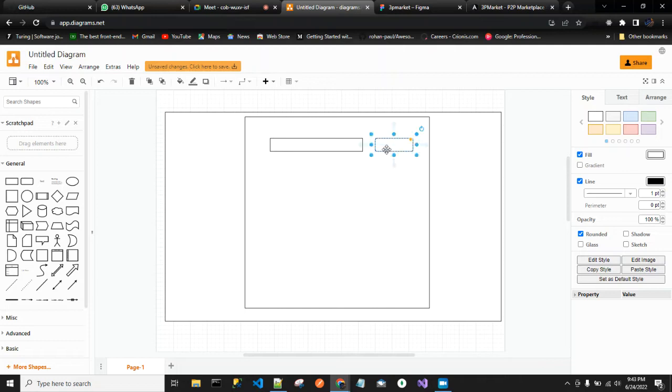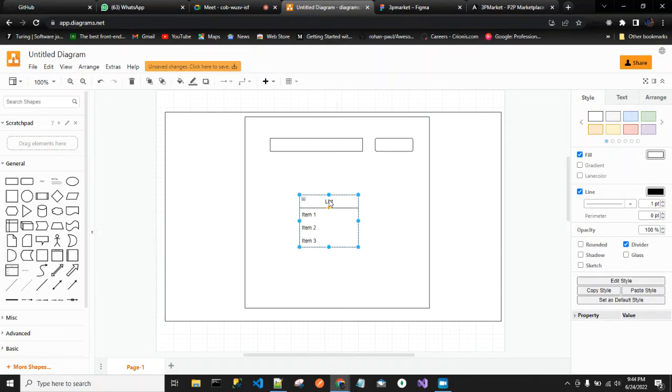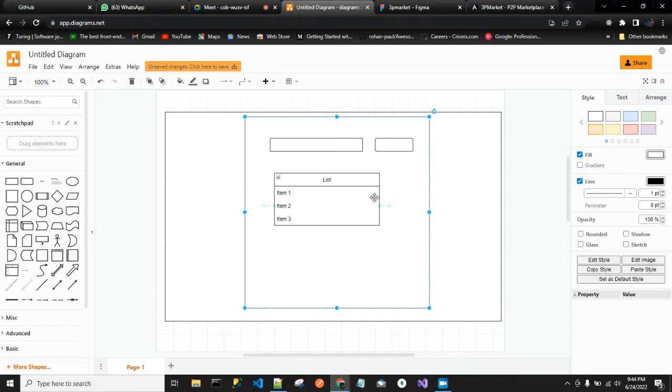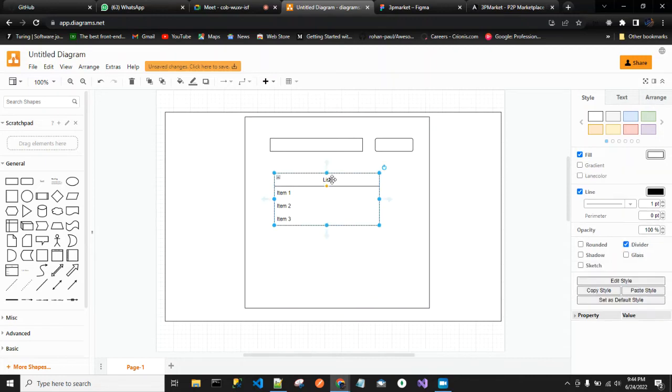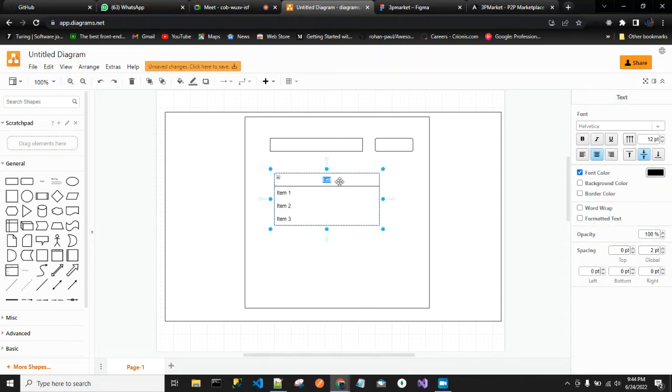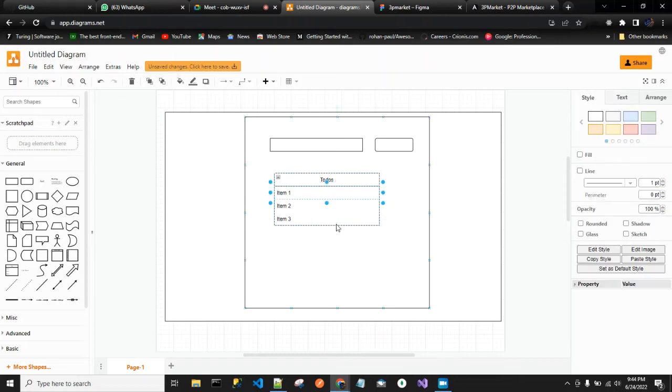We need a submit button, and then we can have a table, or yeah, we can have a list item, the list of to-dos here. This can just be a list of to-dos, and each of those will now have maybe an edit button where you can edit each of that to-do. So instead of list, it can be to-dos, right? And then this is one, two, three to-dos, and each of these to-dos will